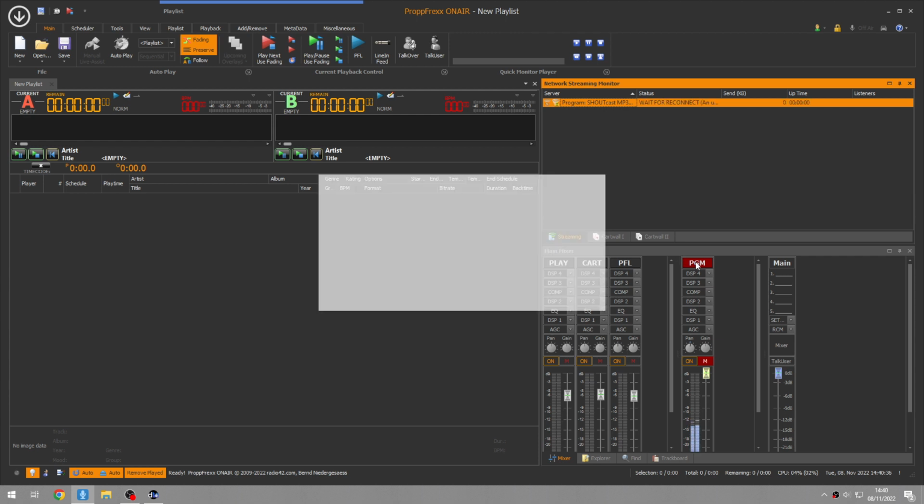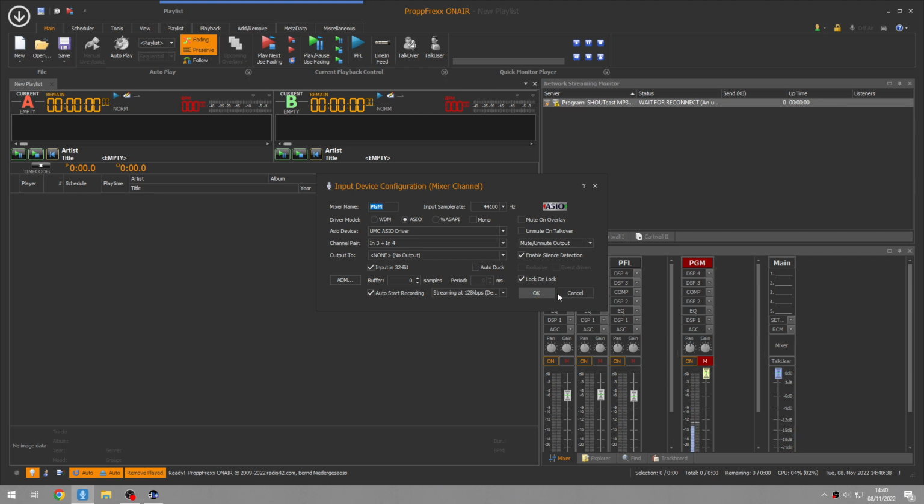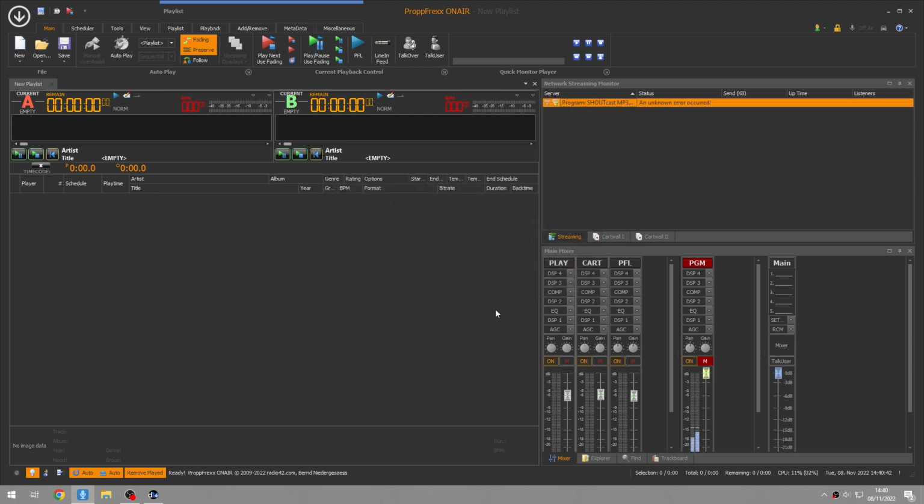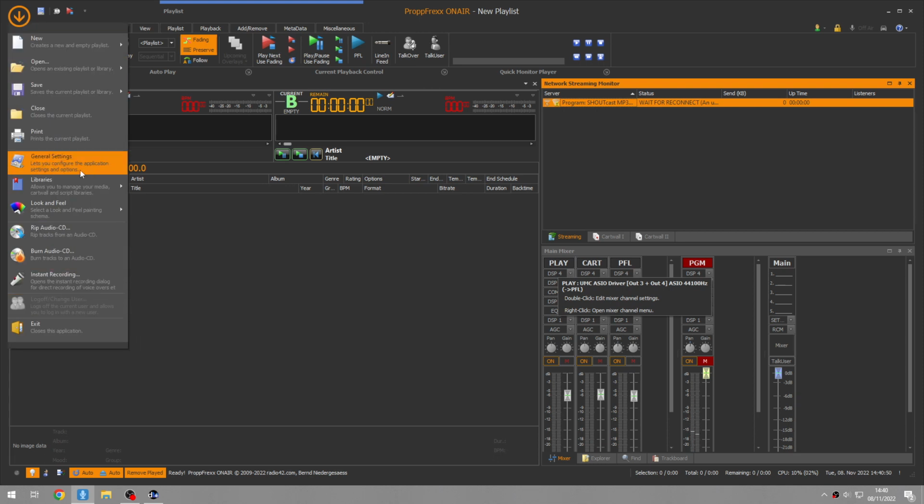So if we double click and go on the PGM settings, you'll see that we have Enable Silence Detection enabled. This is very important because if we enable it on the others, it will silence detect on them instead. So if we go into the main setting of PropFrex,